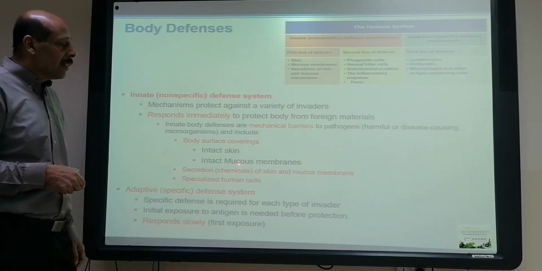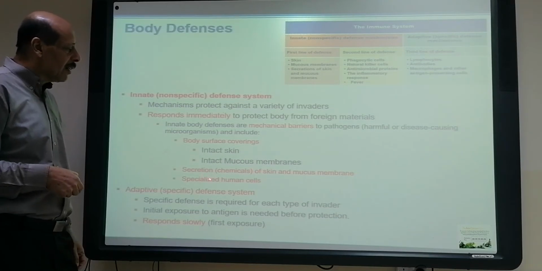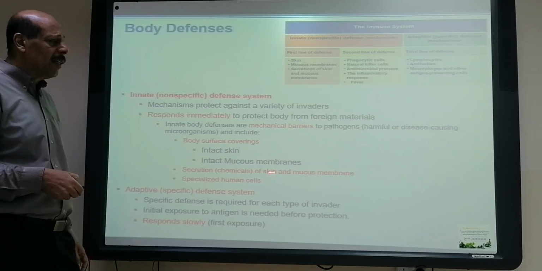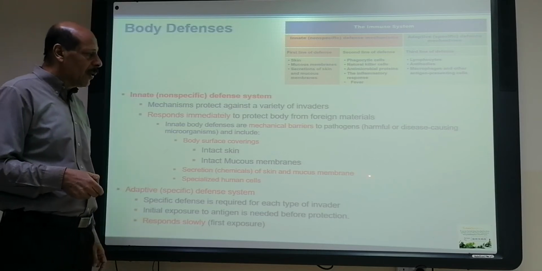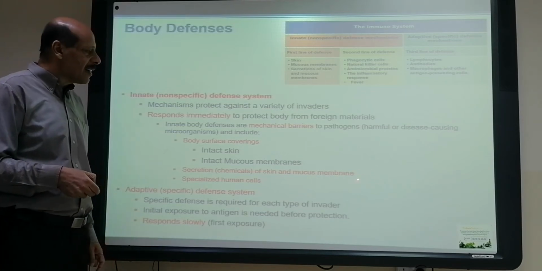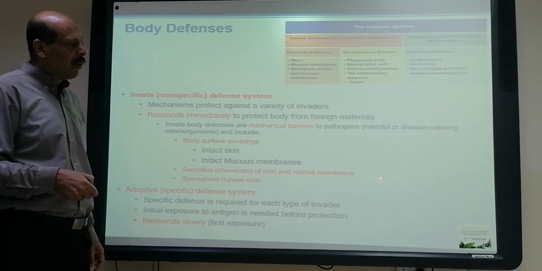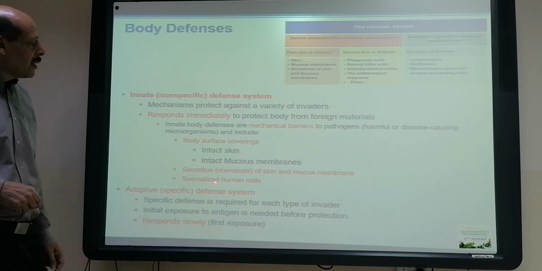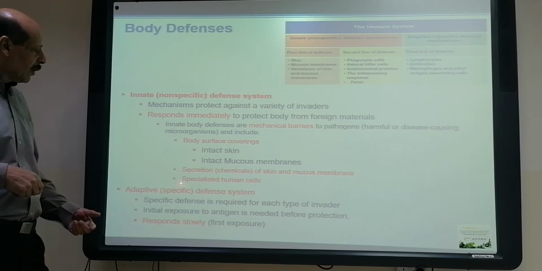Also, secretion. In the skin and the mucous membrane, there are chemical secretions. Those chemical secretions include enzymes and acids that will destroy microorganisms and prevent the growth of pathogenic microorganisms. There are also specialized human cells for non-specific